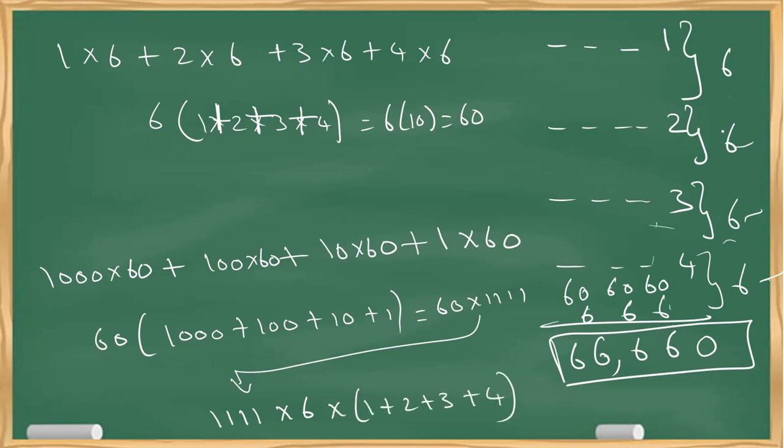How I got this 1 plus 2 plus 3 plus 4? Because there are 6. This means there are 6 ones, 6 twos, 6 threes, 6 fours at units position, tens, 100 and 1000. I wanted this format so that I can solve the next problem. Same thing, there's nothing I have done. Here, if I say 6 common, 1 plus 2 plus 3 plus 4, same thing I have written. And this comes for units position, same, tens position same, hundreds position same, and 1000 position also same. So if I multiply, I'll get the same answer.